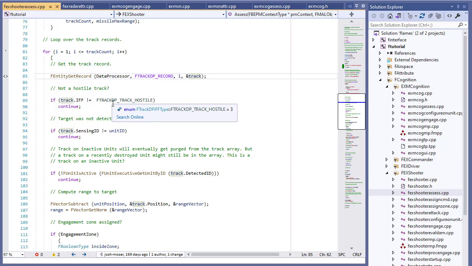So that's the other common way to get data out of an equipment model. You can do it by queries to get individual values, or you can do it by records to get full structures' worth of values. And obviously get record is much higher performance because it can move a lot more data a lot more quickly. So that's a very typical thing that cognition models do, get data from